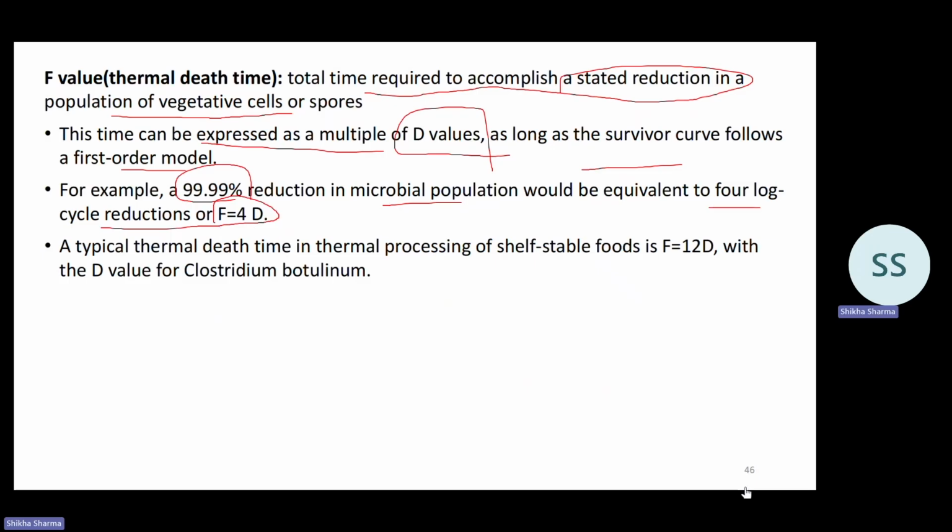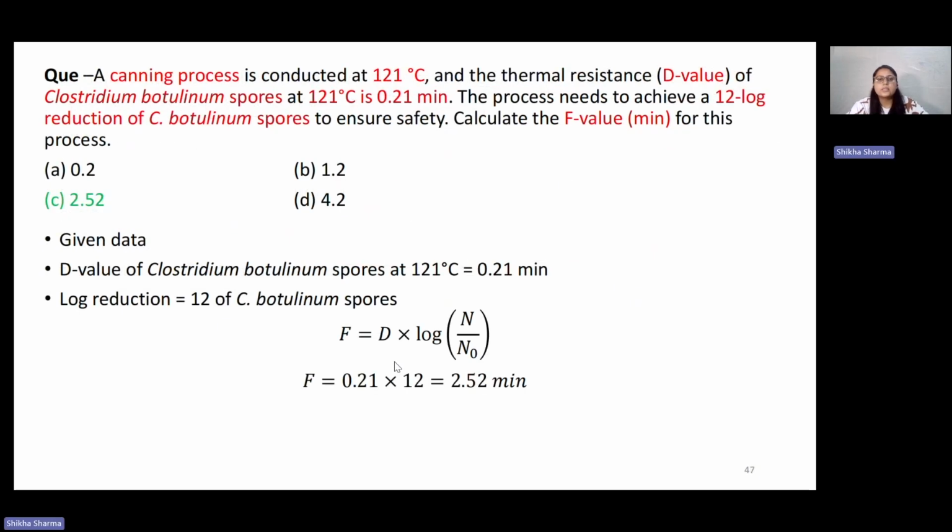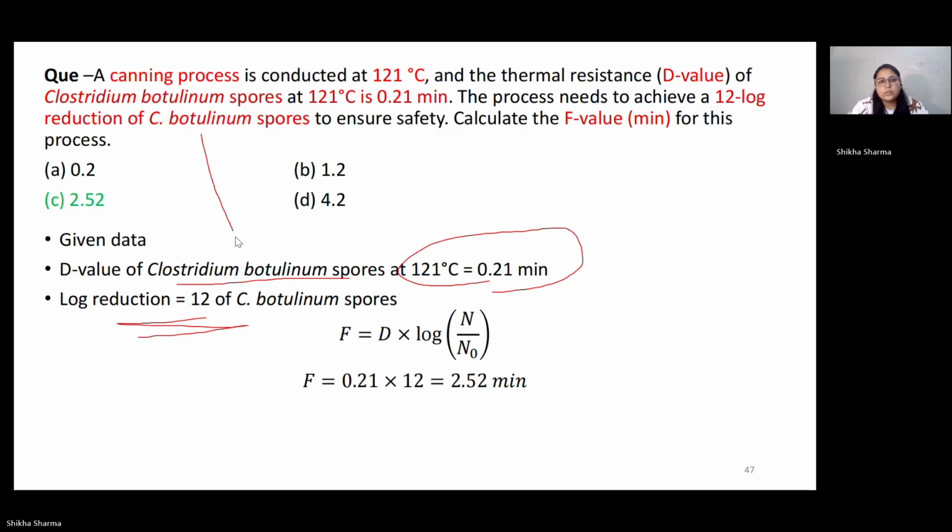A typical thermal death time in thermal processing of shelf-stable food will be F equals 12D, with the D value for Clostridium botulinum. So now let's see the question. In the question, the given data is that the D value of the Clostridium botulinum spores at 121 degrees Celsius is 0.21 minutes, and there is a 12 log reduction of C. botulinum